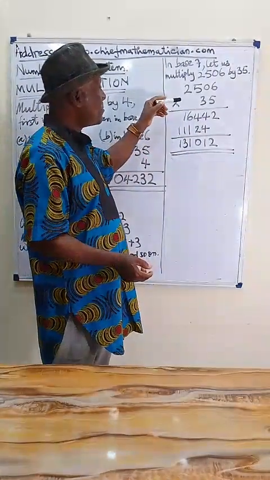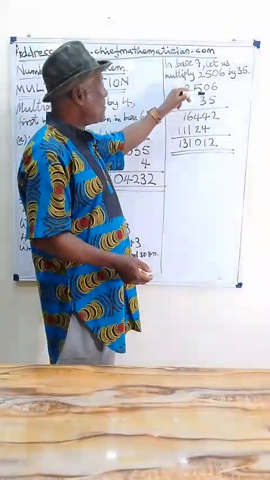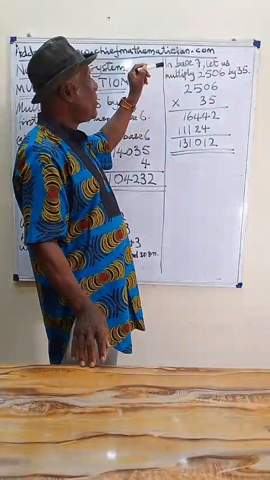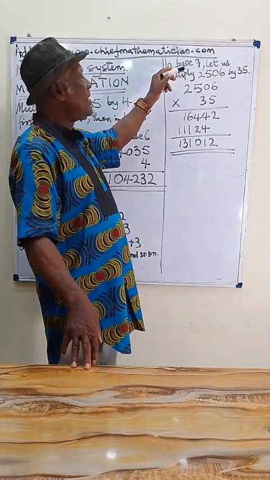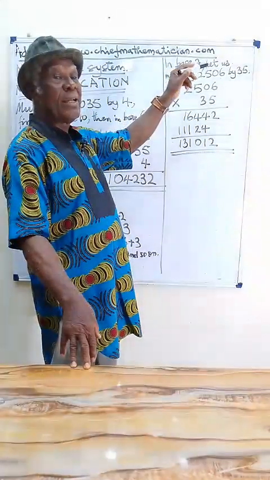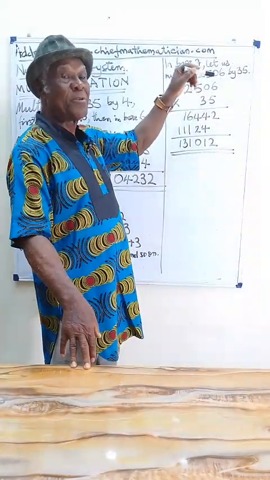So here, 5 times 6 will give you 30. And 30 in base 7 is 4 times 7